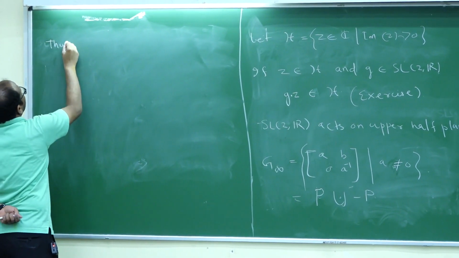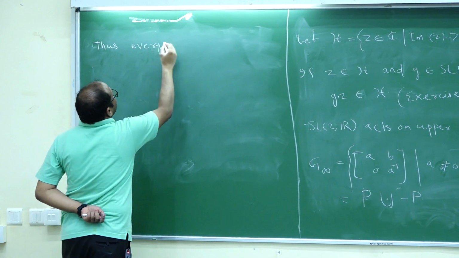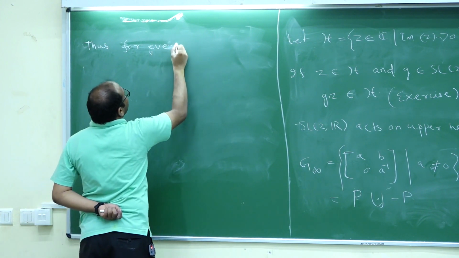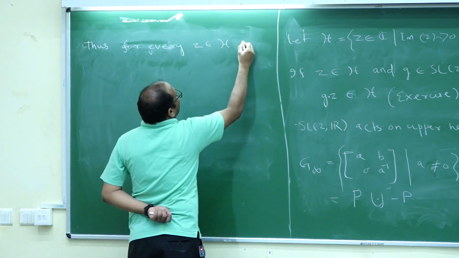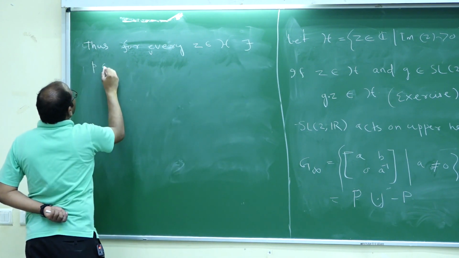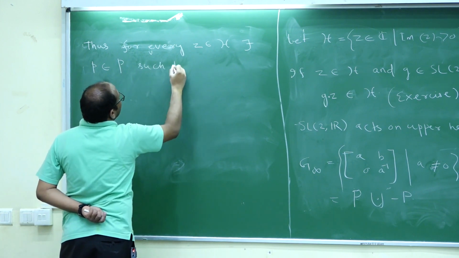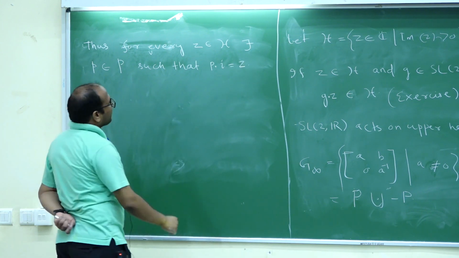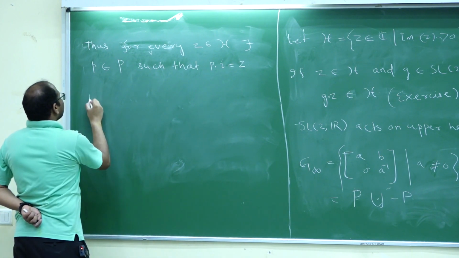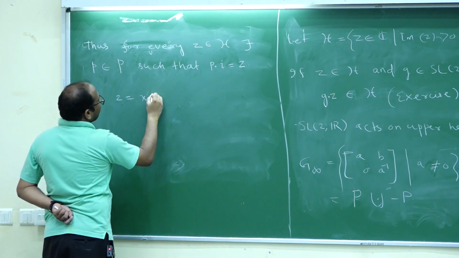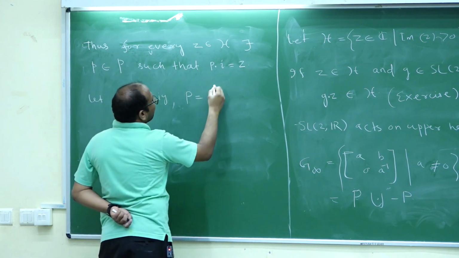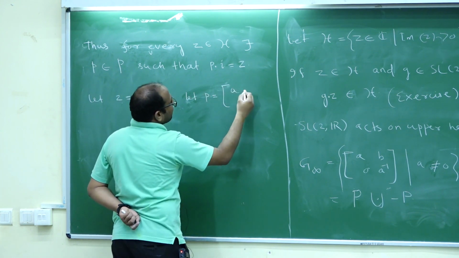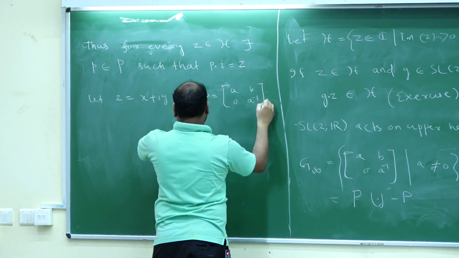every point z belongs to X, there exists p belongs to capital P so that this p dot I is equal to z. Now, let us suppose z is equal to x plus iy, and p is really what? So that p is equal to